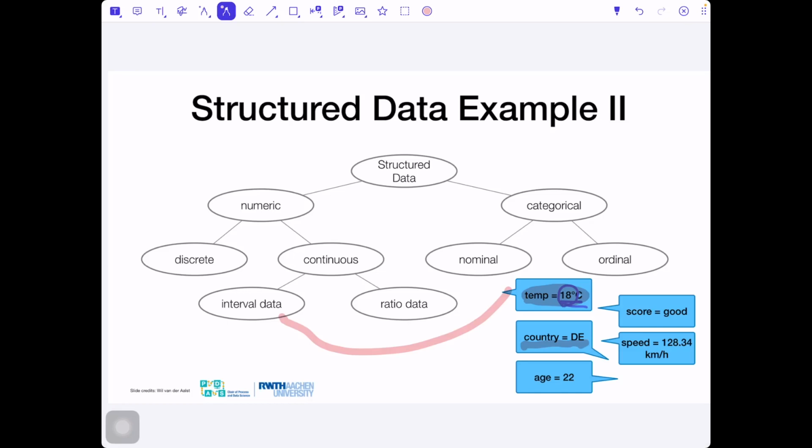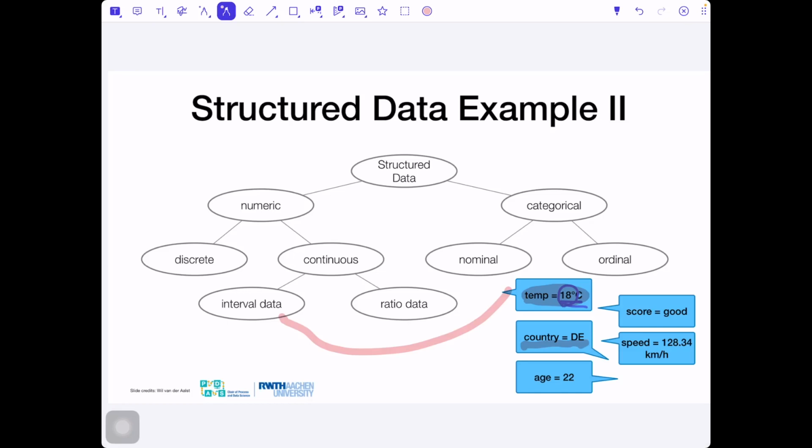For speed, we can apply it. For example, with car speeds we also have 0, but we don't really have negative data. Negative would be when we go back with the car. Good image, but normally speeds are also positive data. So with speed, we could say that this car drives twice as fast, but not with temperature. With temperature, you can apply only 2 mathematical operations, plus and minus.